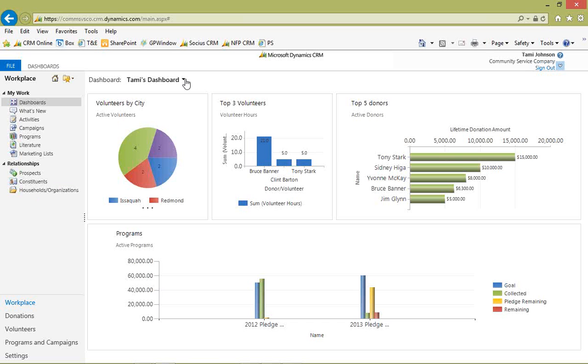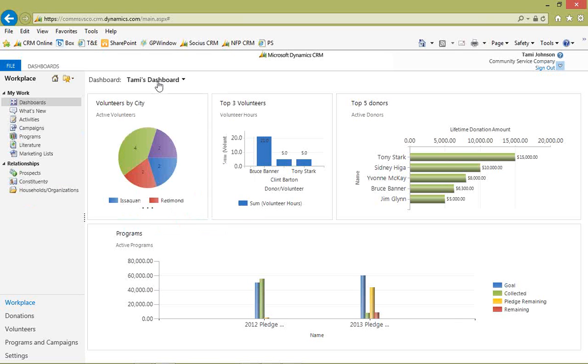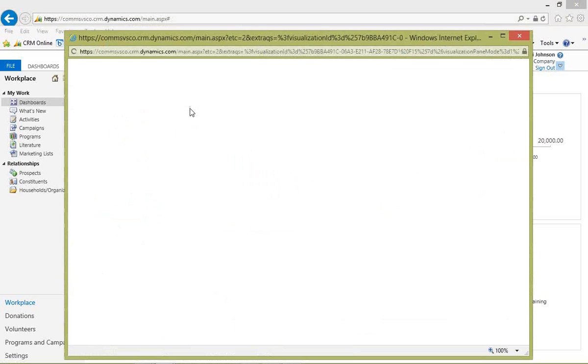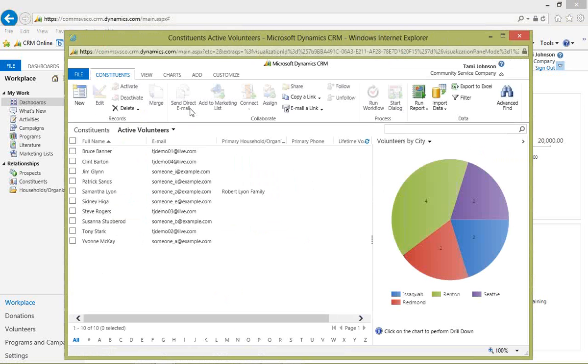There are a number of dashboards that just come out of the box. This is just an example. Users can create their own dashboards, as I have done here. This is my dashboard, and you can interact with these dashboards pretty easily. So if I wanted to drill down and get more information about my volunteers, I could just click on the drill down, and it's going to open it up in another window and allow me to start moving around and interacting with this